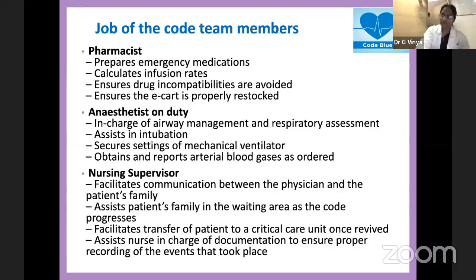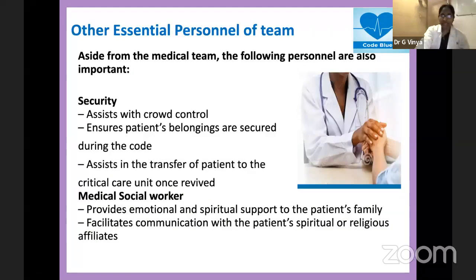The nursing supervisor on duty will be facilitating communication between the physician and the patient's family, assists the patient's family in the waiting area as the code progresses, and facilitates transfer of the patient to a critical care unit once revived. Other essential personnel of the team are also important. Like we said, security will be assisting with crowd control. They will ensure patients' belongings are secured during the code, and assist in transfer of the patient to the critical care